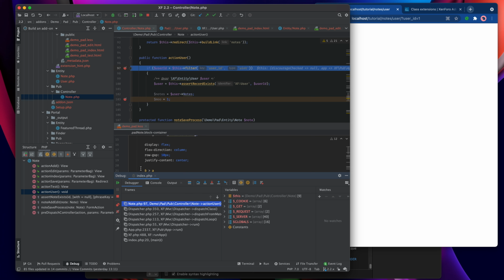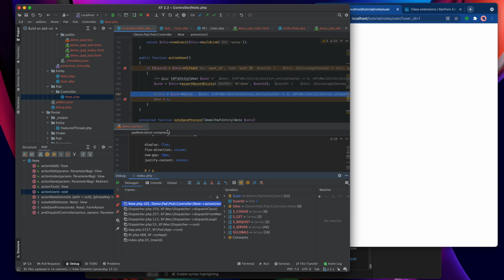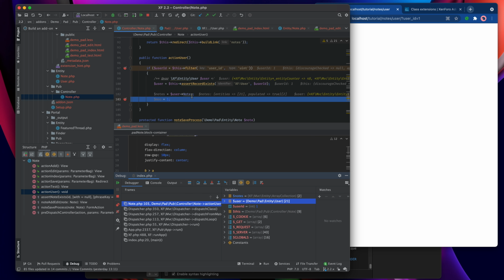Here we are back in the code. So now we check that the user record exists, and it does, because of course that's me. And then we've picked up user notes, and here we are, we have 21 entities, and they are all the ones that belong to me.